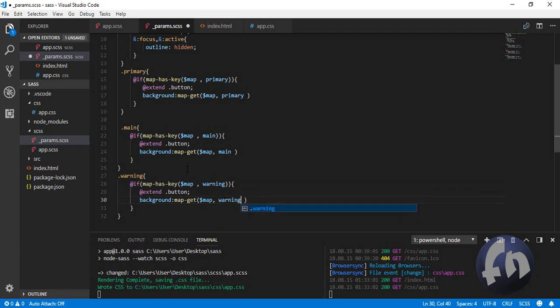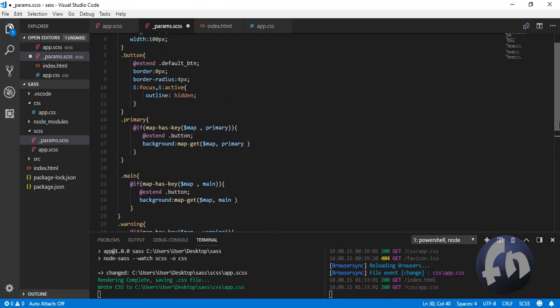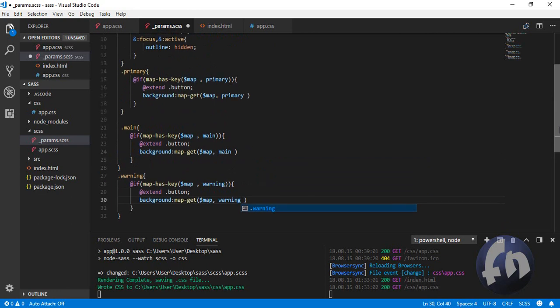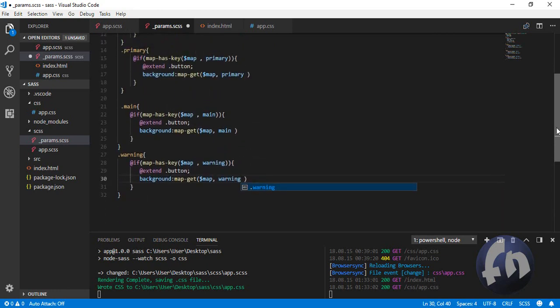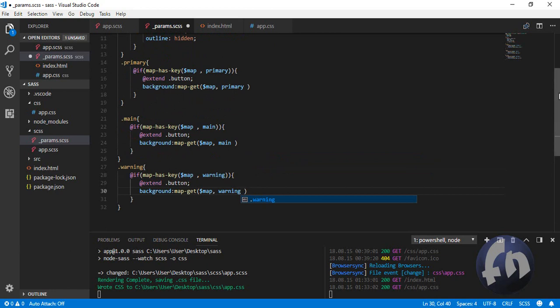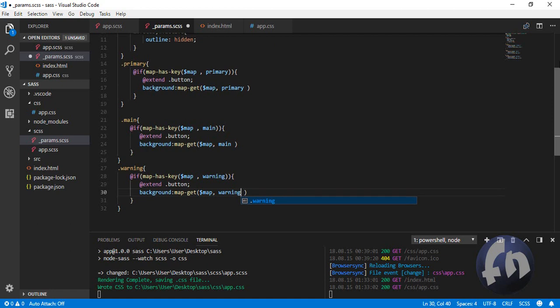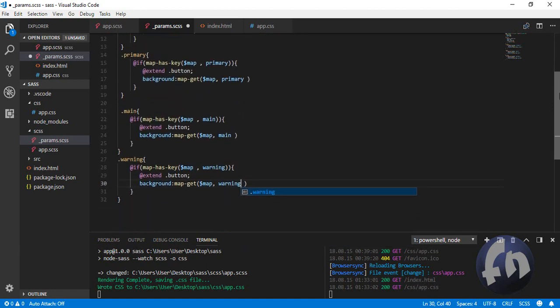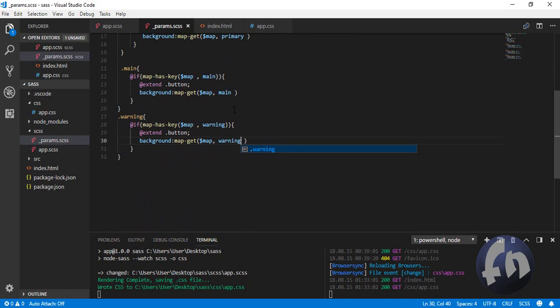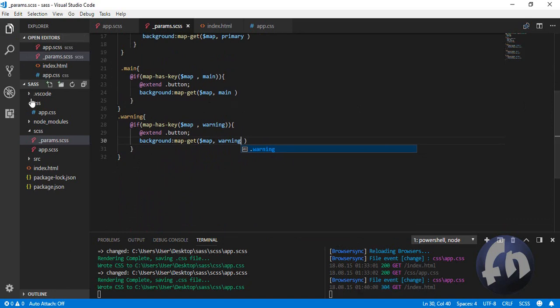So as you can see, we've used these extend keywords. So what I'm going to do, I'm just going to save this code and see if it will be rendered to our app.css. So I'm going to save the code. So what I'm going to do, I'm just going to check here,